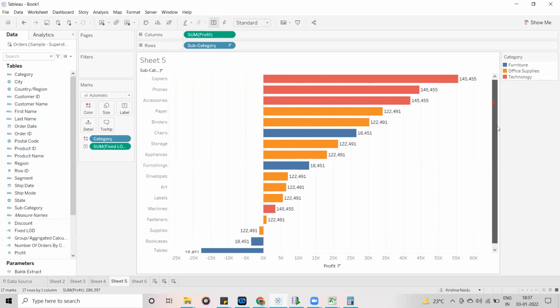This is how we can use the LOD functions. The main motto of LOD calculations is, without changing the granularity of the visualization, we want to display the values based on whatever dimension it is. You have to keep only that sentence in mind.